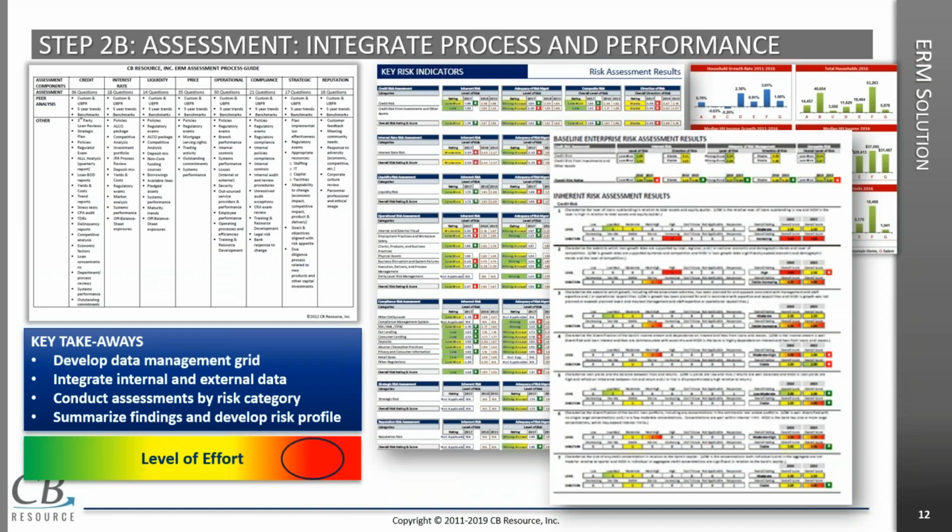Once you've adopted your framework, the next step is to aggregate the necessary data before you start your risk assessment process. And I know you can't read this, but over here to the left, and if you guys would like a copy of this, just let me know. This basically outlines the key criteria or data points that are useful when conducting an enterprise risk assessment. So if you're using key risk categories as your framework, so credit risk, interest rate risk, liquidity risk, what is it I need to test or assess in order to get a good sense of my enterprise